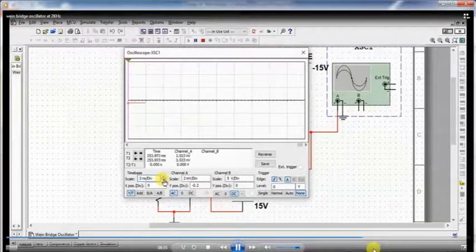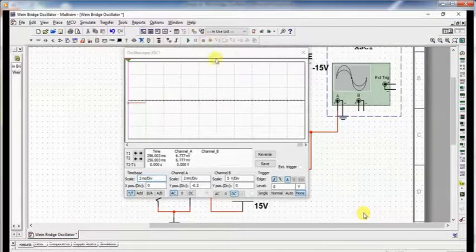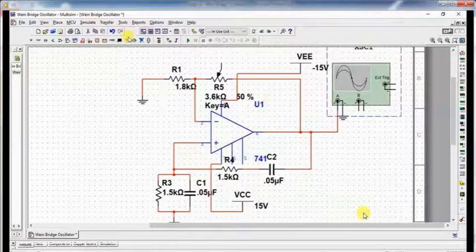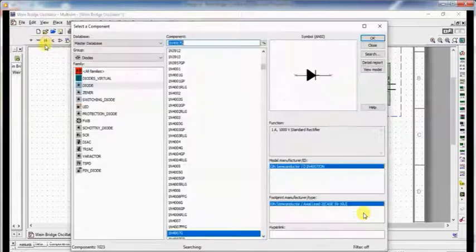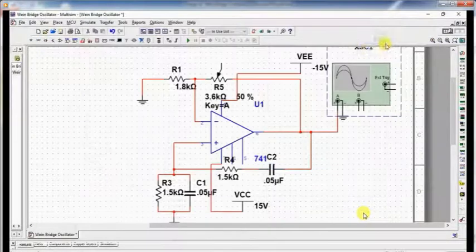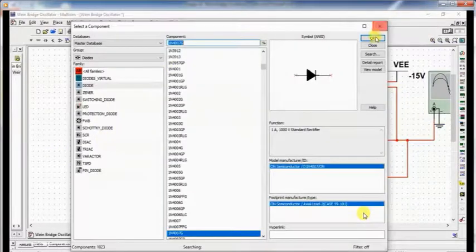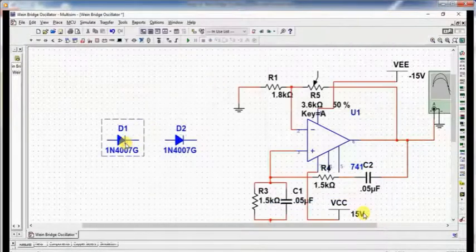we can connect the diode circuitry in this circuit. The diodes are also required in the circuitry to obtain the desired amplitude. So here you can choose the diode. Here I am choosing this one. So you can connect the back-to-back diode. Two diodes are required here, so you can connect these diodes in this circuitry.